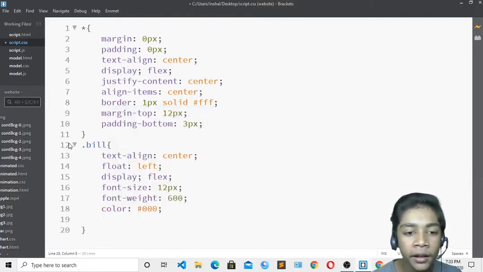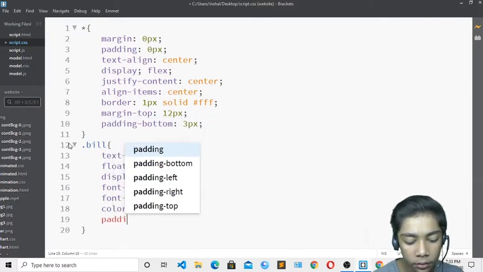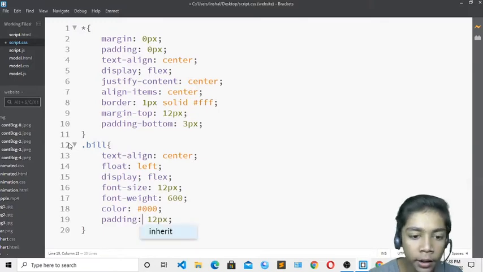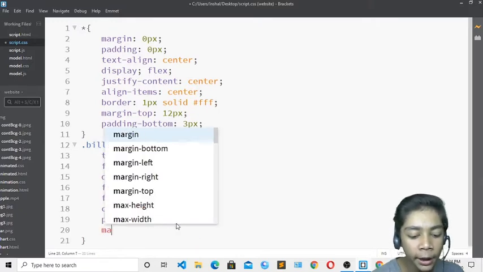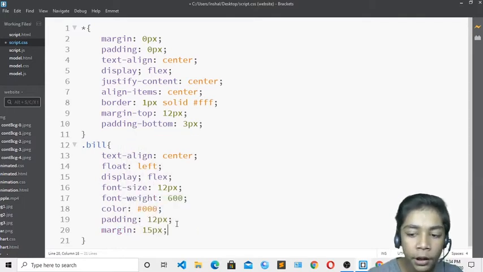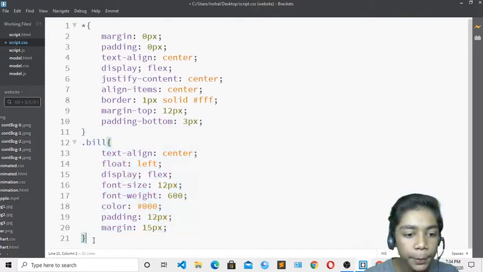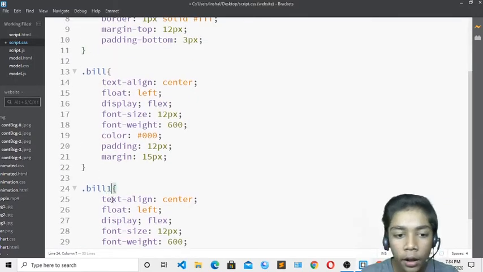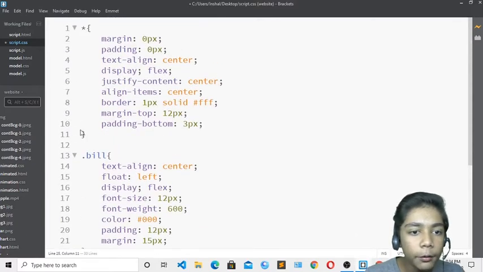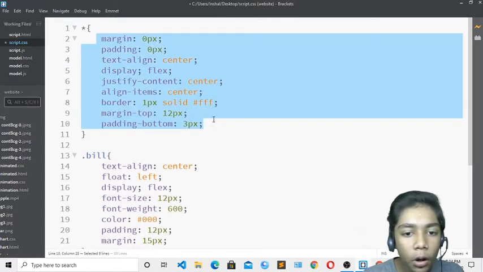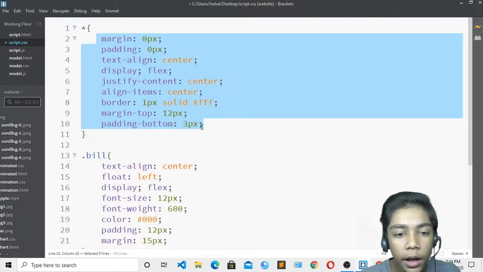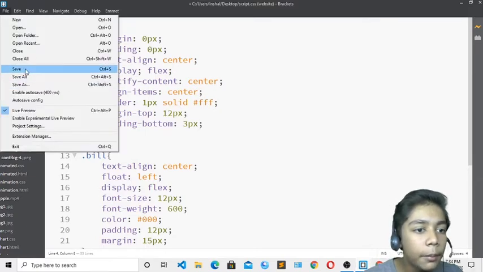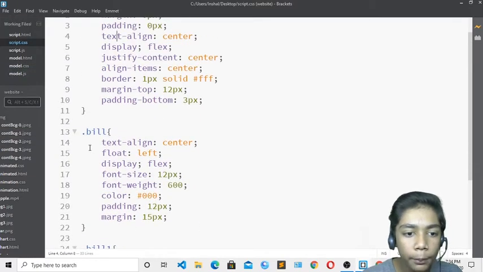When you have done that, come underneath, and now here you have to write padding, which should be 12 pixel. Here you have to just write this semicolon, and I will write margin, which should be 15 pixel, and I will do one thing, I will copy this and paste that over here, press enter and change it to bill 1. Now it is good. Now your styling has been done, because like I have told you, I have defined all the styling which was in text. I have defined all this styling in this tag, which means all the things you are defining, and the main ones I have defined with my classes over here.